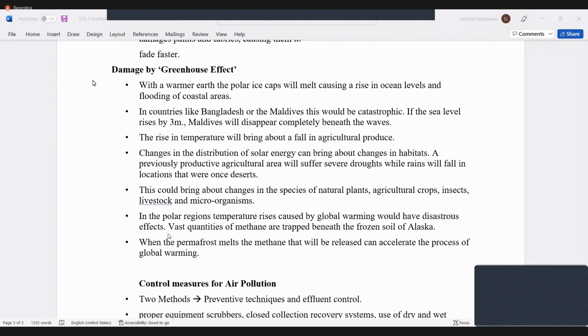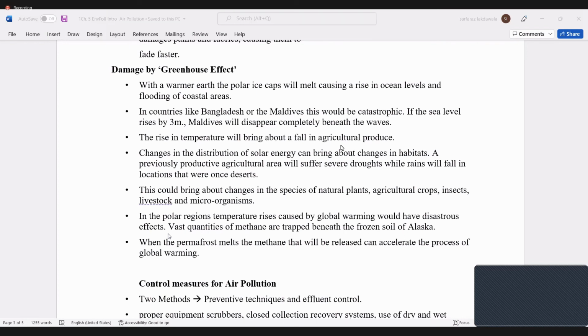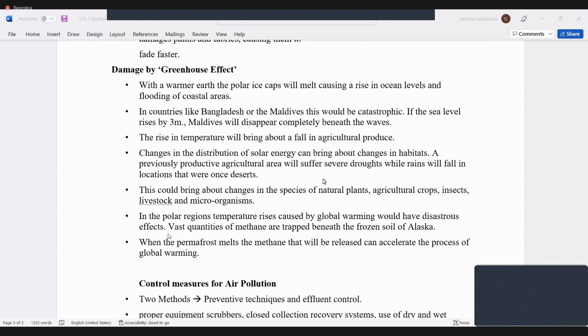Okay, now the rise in temperature will bring about a fall in the agriculture production. That is very dangerous, very alarming. Change in the distribution of solar energy can bring about changes in the habitat around you. So, if the ozone layer is affected, then the distribution of solar energy will be uneven and stronger at places where it is already stronger, and it can become weaker in places where it is less strong now. So previously, where the productive agricultural lands were there, they will suffer from drought